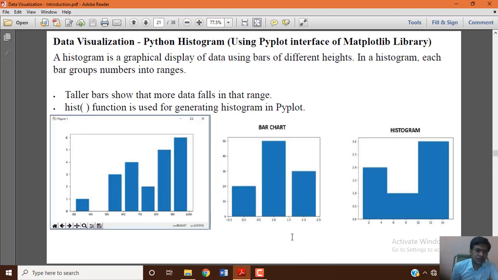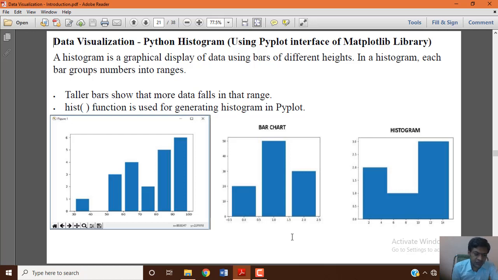Yes. So in data visualization, another concept, the third type, is the Python histogram. A histogram is a graphical display of data using bars of different heights. In a histogram, each bar groups numbers into ranges.